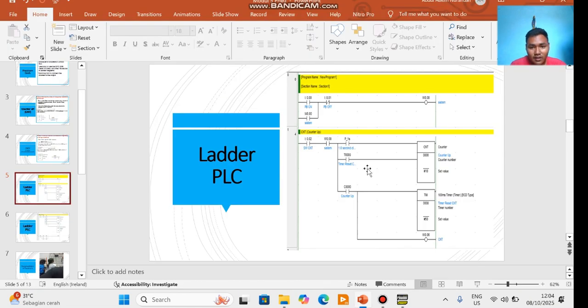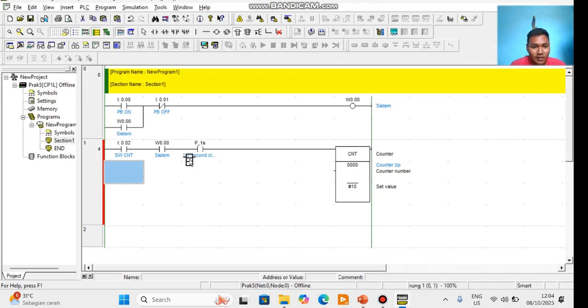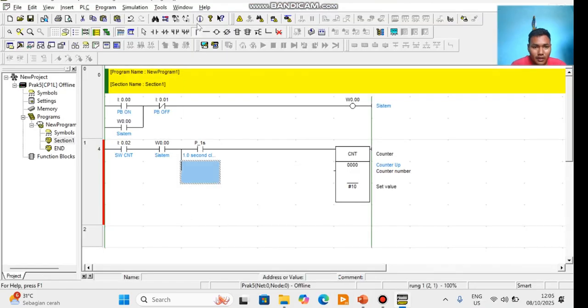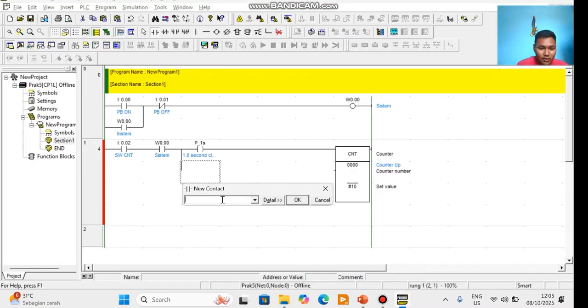Between system and P_1s, you add a vertical connector, and you add a normally open with address T000.